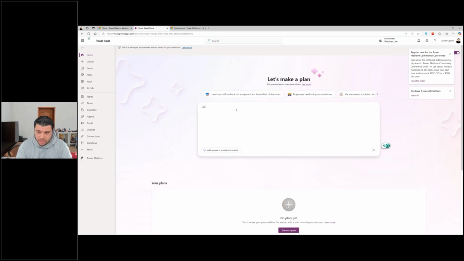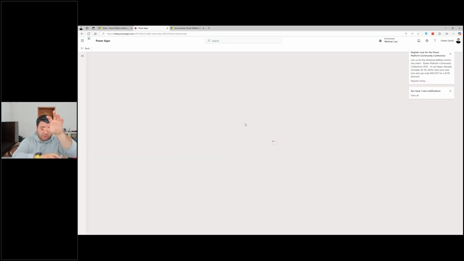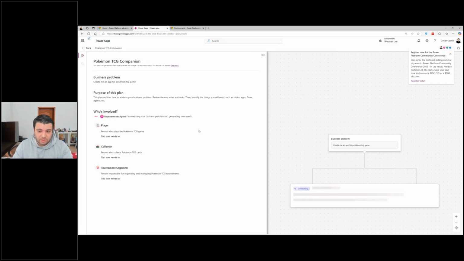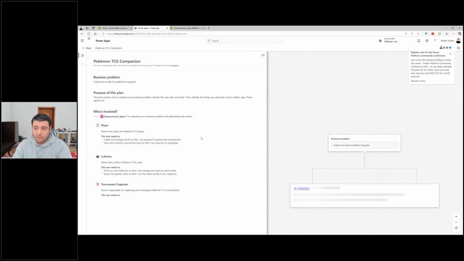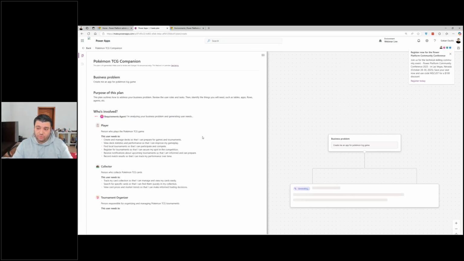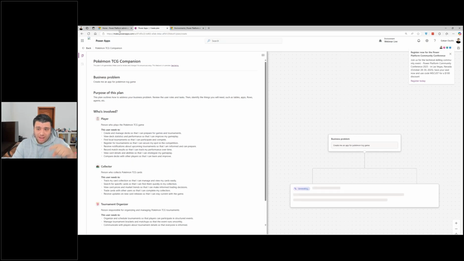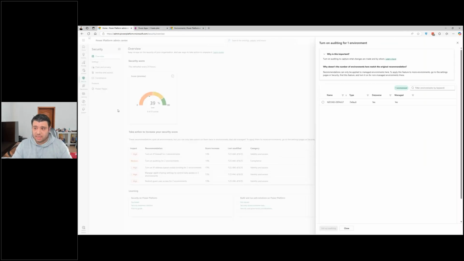I can use Copilot, create me an app for a Pokemon TCG game, and then click on next, and AI or Copilot will now build that relationship table for me in order to create my app. It's not a Power App session. I'm not going to do all of those things, but just so you know, just by talking to your Copilot, it will be able to create that app for you within the brand new environment you did create. Now, while this is being built, let's move back here.